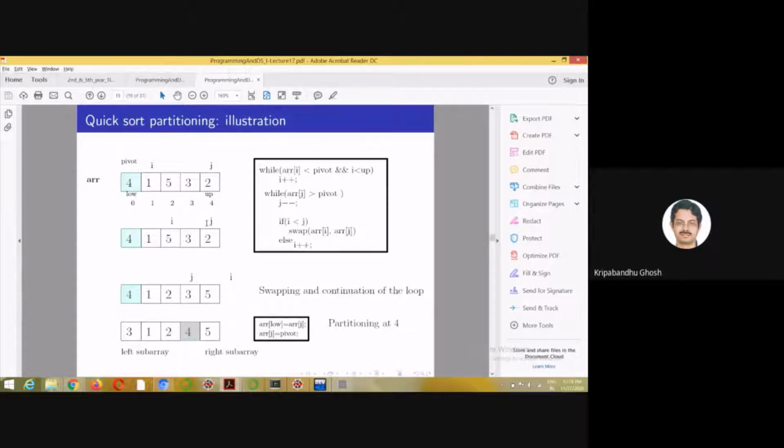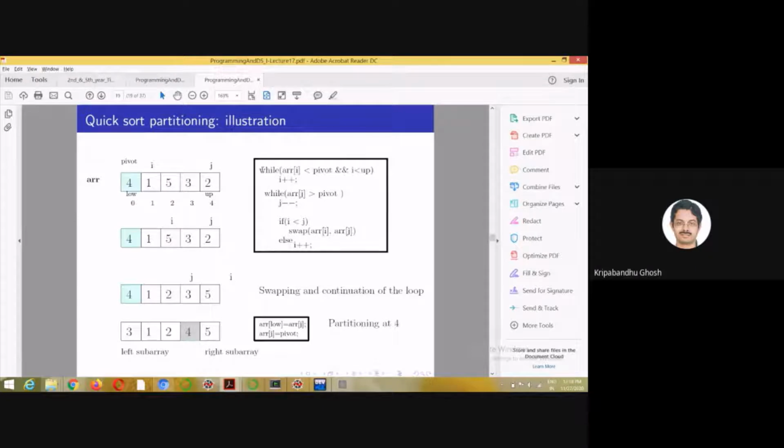So let me show you one operation. How can you actually divide this? This is the most brilliant part of the algorithm, and yet it is quite simple. This is called the partitioning step. We consider the first element to be something called a pivot element, and we set low, an index to the lowest part, the zeroth element of the array, and up to the last element. So low corresponds to the first element, and up corresponds to the last element.